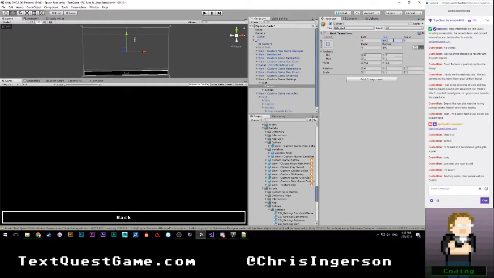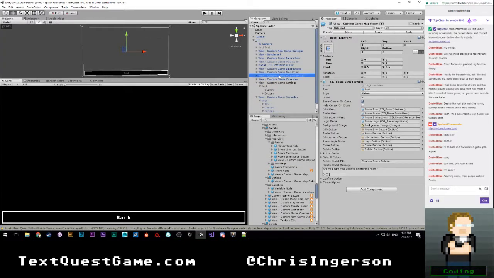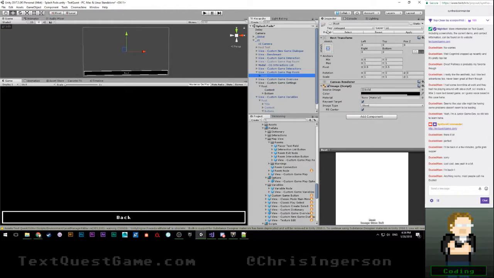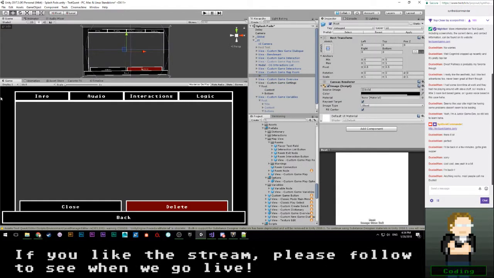Oh, wait. Hold on. I'm going to grab my map real quick, or rather my custom room, which might already be a thing. Oh, it's like right there. All right, so this is the custom game room. So we're going to do something like this tab interface.